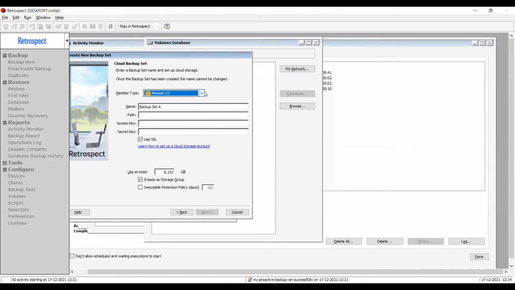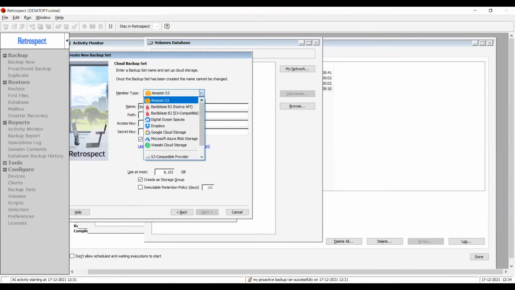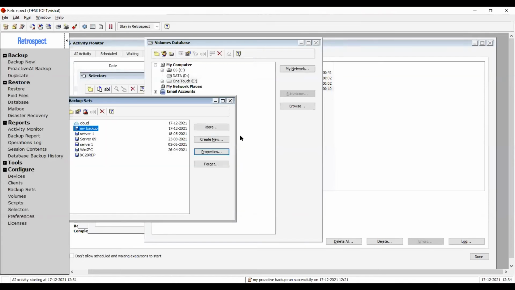For each service that we support, we have a separate article on the website. You will get all the information that you need for your service provider. Just be sure to check in the list of supported cloud destinations that your service provider is among the listed and supported cloud destinations for RetroSec. So that question is answered. Let me see, can we take backup based on content? Oh, we already did that.